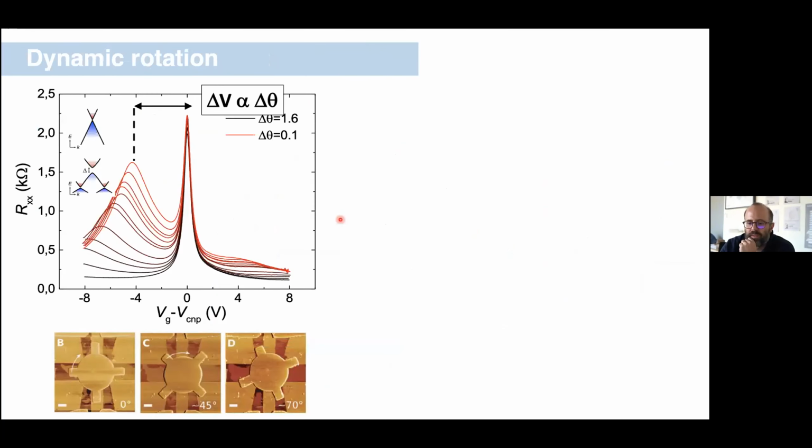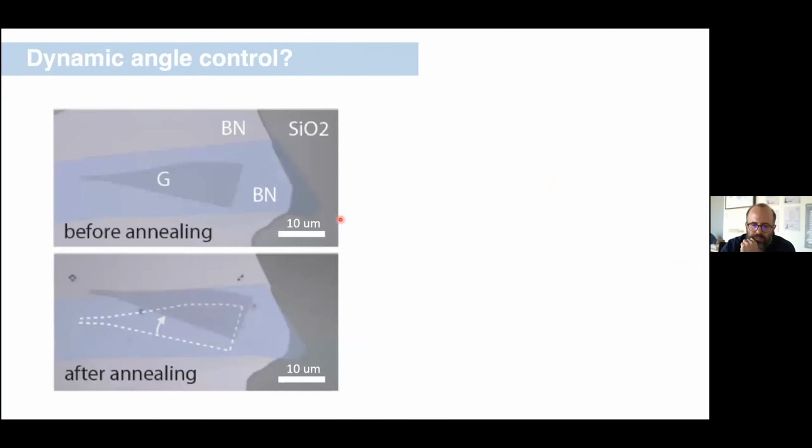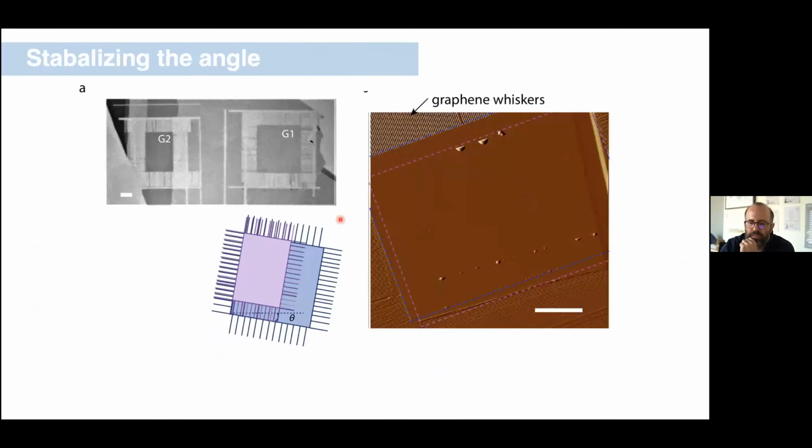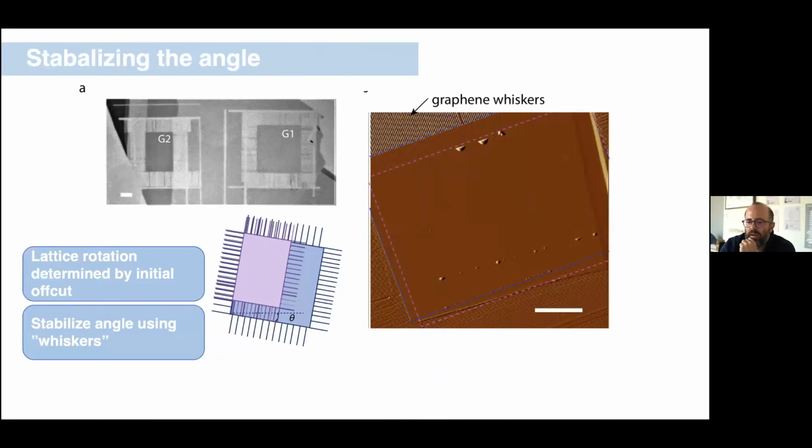That's a good question. So the beautiful thing here, I don't know where that image is. Sorry. Oh yeah, it's back here. The really nice thing about these 2D materials is that you can do a lot to them. Everything is sort of disposable. So we can put these fingers in place.